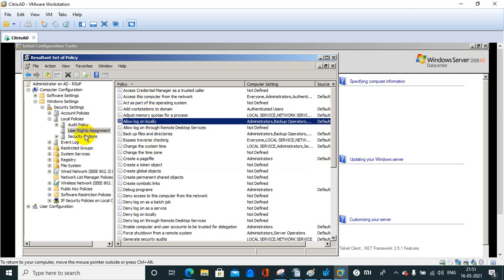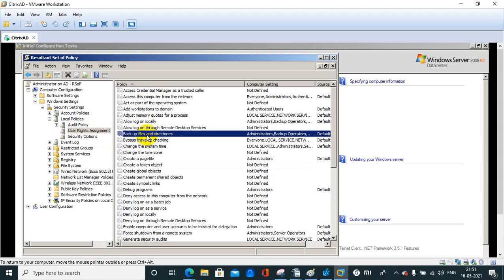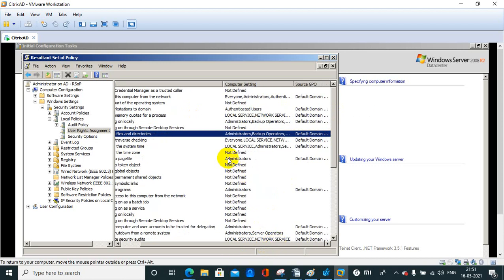If Citrix is installed here, one more option is here for Citrix. In Citrix, you need to check log on locally, or remote session, or for the policies, is it a roaming profile, or whatever is there. You need to go to the roaming profile and check whether the policy is enabled or not. It's enabled for administrators.